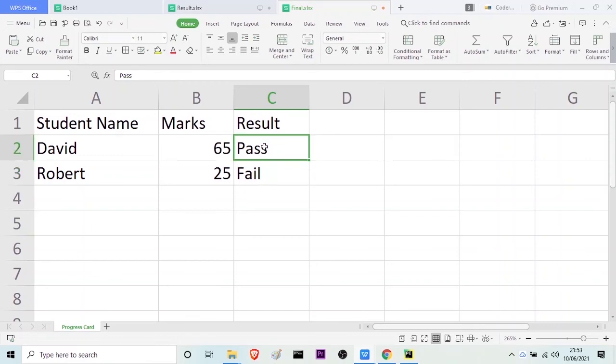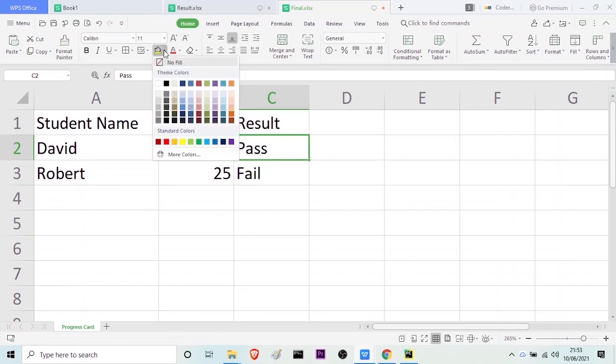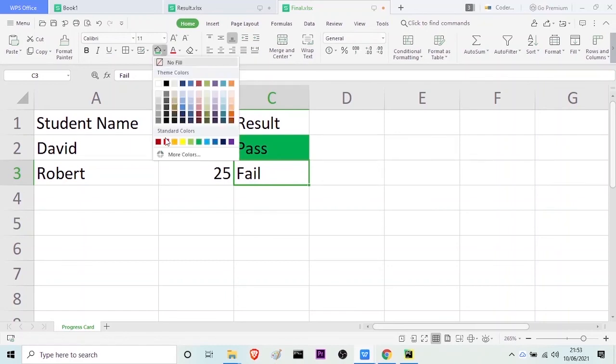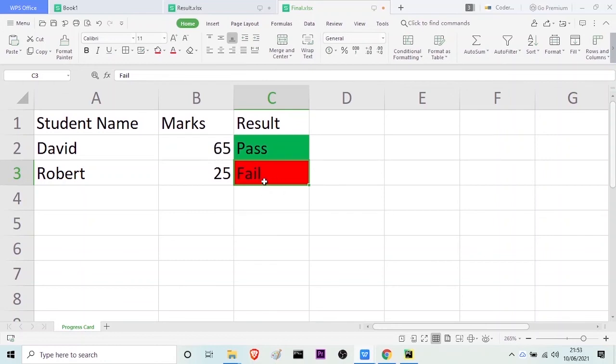So for that, we can do it manually by going to this option, fill color, and then I can go to the option where we have the green color, and I can click on this, and you can see this is turned green. And similarly for this cell also, if I go to fill color and put it to red, it will be automatically turned red. But this has been done manually by us. What if we want to do the same thing by automating it with the help of Openpyxl and Python? So for that, let me tell you,